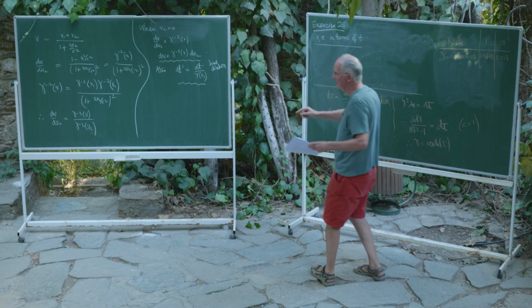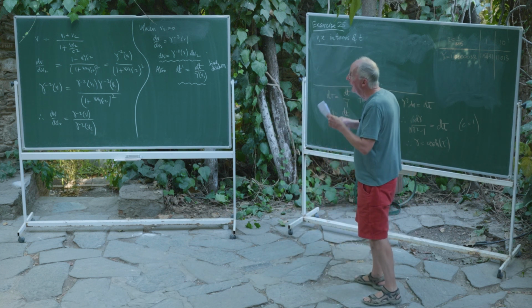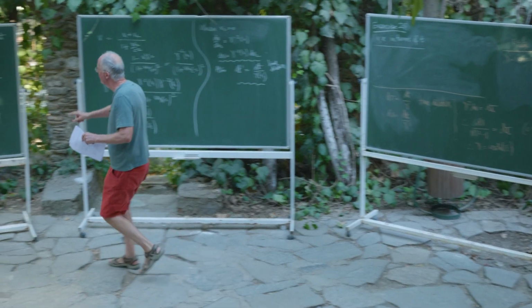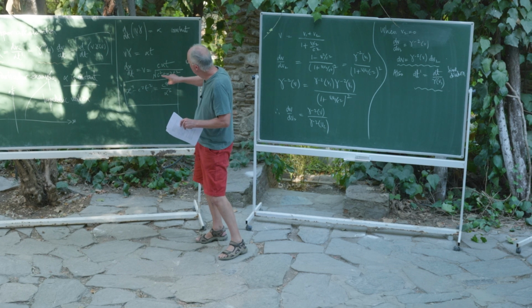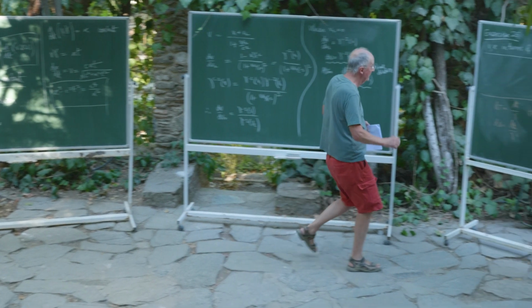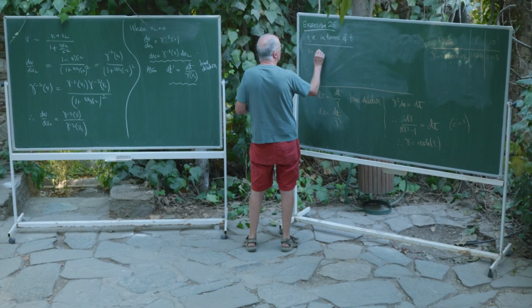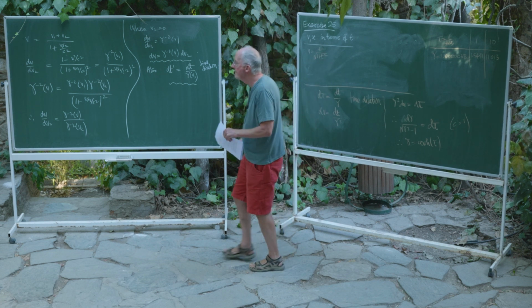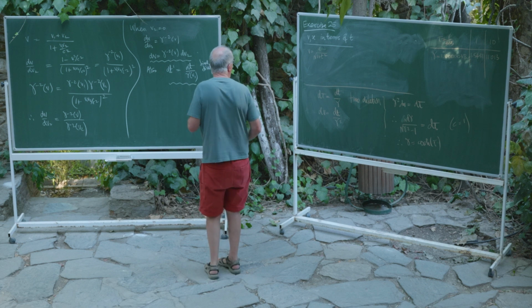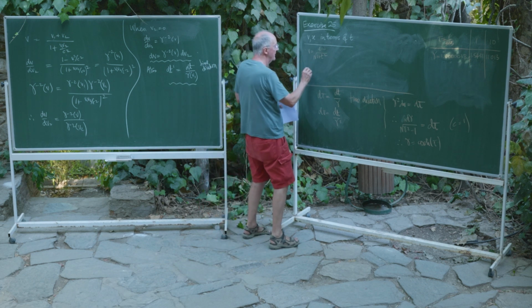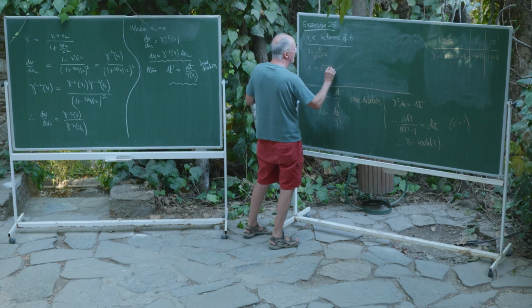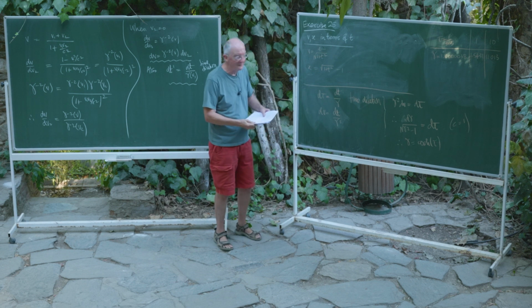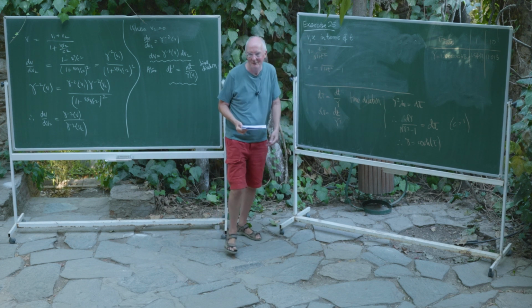Okay, so that's the exercise, and there's a bit more which I'll write down in a minute. And now we write down the equations that I started to write down a few minutes ago. Namely, we want to find v in terms of t. Here is v in terms of t, and all we need to do is put c and alpha both equal to 1, and we get v equals t over root 1 plus t squared. And we integrate that. v is dx dt, so x must be root 1 plus t squared minus 1. And of course the quickest way to check that is to differentiate this, and you discover that you get that.